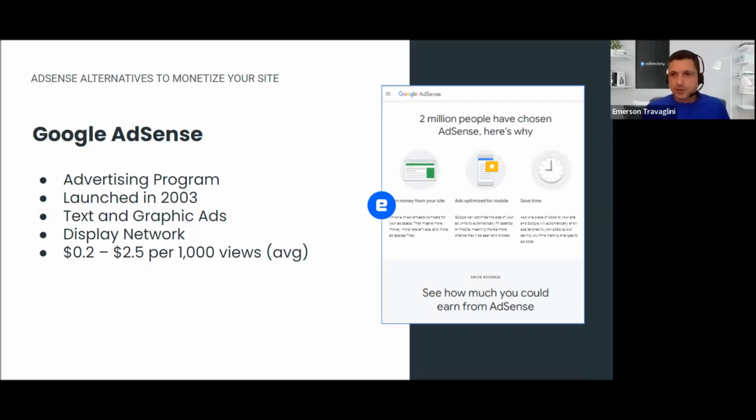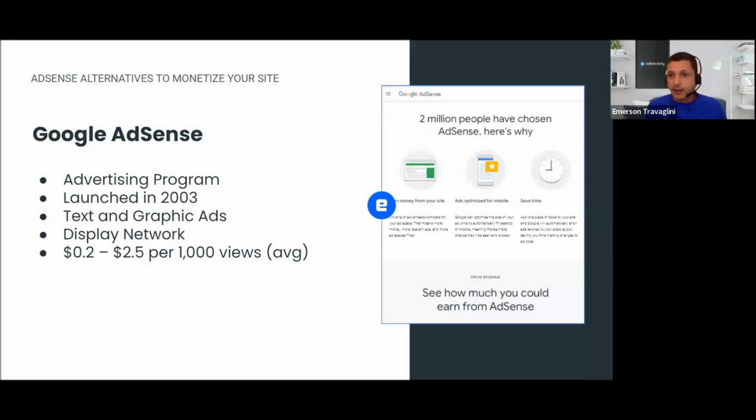Okay, thank you, James. So as you mentioned, one of the types of banners we can use in eDirectory is this external script type. You can add a piece of code on the slot of the banner, and then an external system will manage that space and will display the ads automatically. It can be banner ads, text ads, and different types of advertisement. The most known advertising program using this type of external script is Google Adsense.